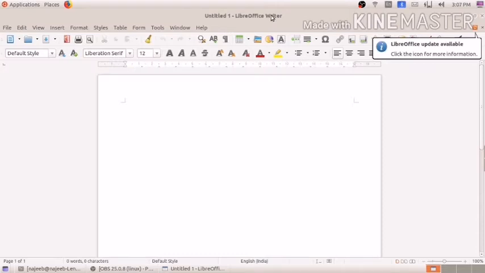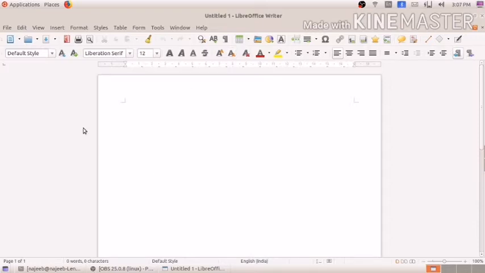That means this document is not saved, so by default its name is Untitled 1. When we save this document, the saved name will appear instead of Untitled 1. That we will discuss after some time.